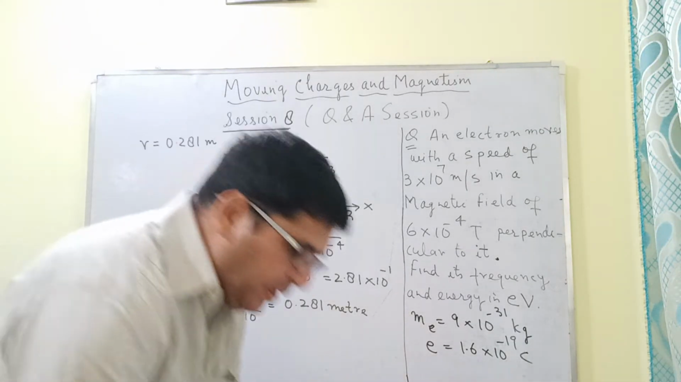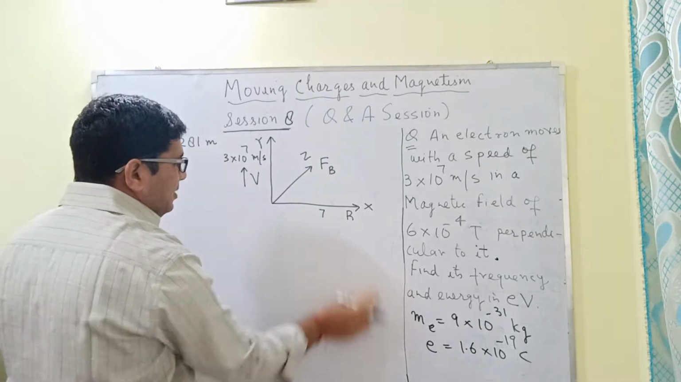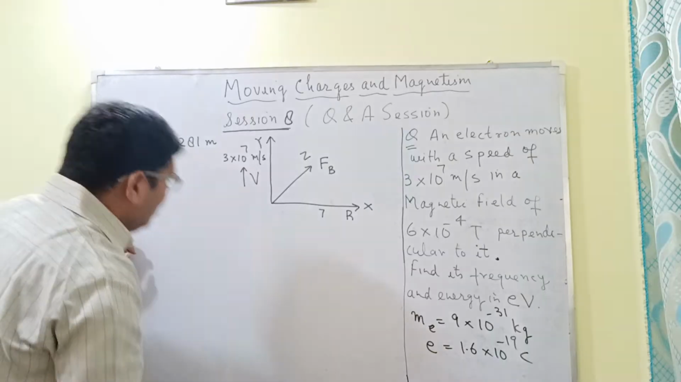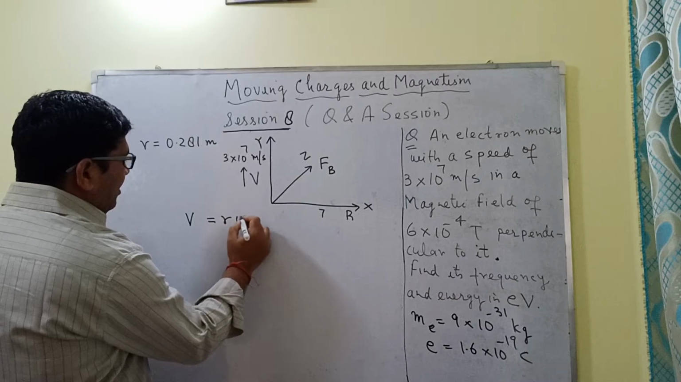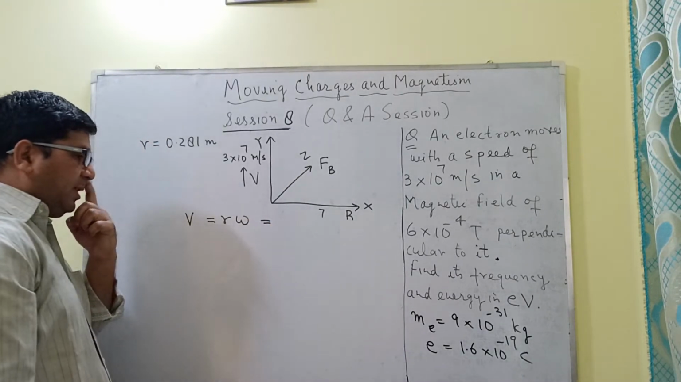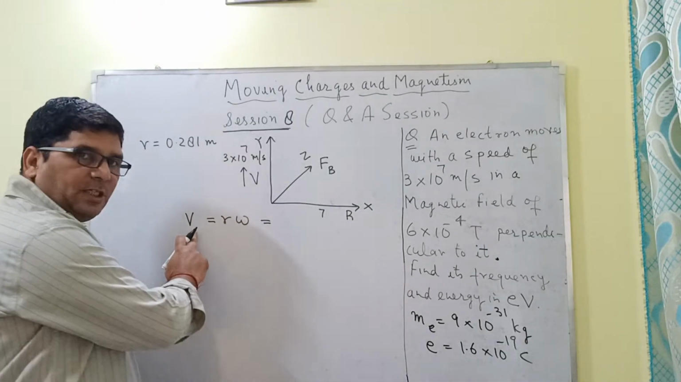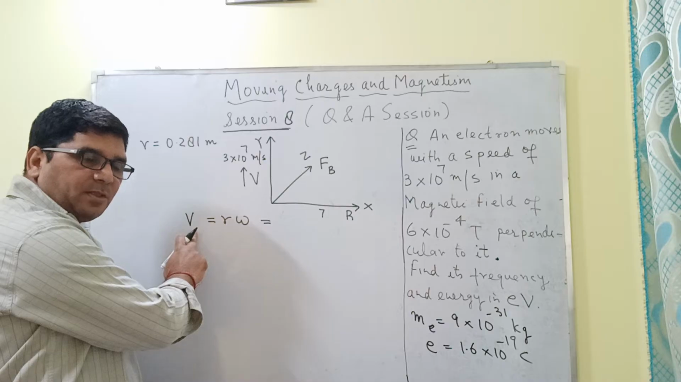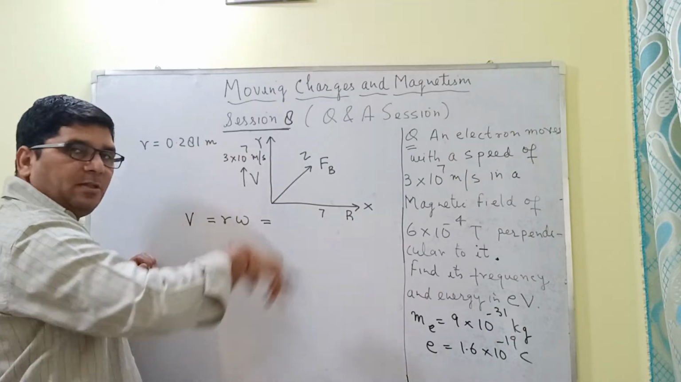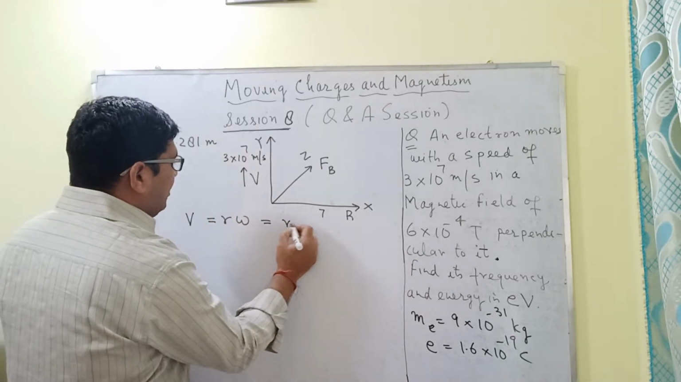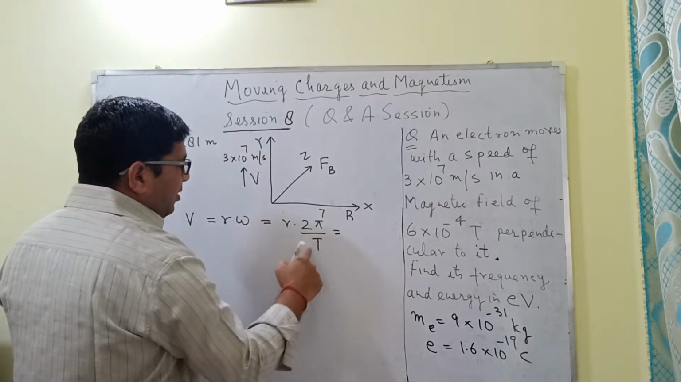Okay, this is the first thing which we have calculated, that is the radius of the circular path. And now we also know that V is equal to R omega. Whenever a particle is moving in a circular path, V is the linear velocity, omega is the angular velocity, and R is the radius of that circular path. So this is equal to R into omega, which is 2 pi upon T, where T is the time period, and 1 upon T